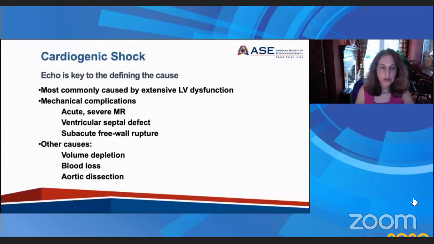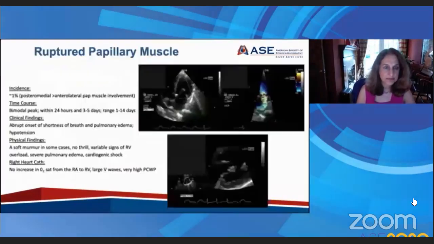However, in a patient who presents late with a myocardial infarction, we always have to think of the mechanical complications. And Denise beautifully demonstrated a few of these, including acute severe MR and ventricular septal defect. We also have to think of subacute free wall rupture. Other non-cardiac causes include volume depletion, blood loss, and aortic dissection, which are all extremely important to identify. Next slide, please. So if we think about the mechanical complications of myocardial infarction,